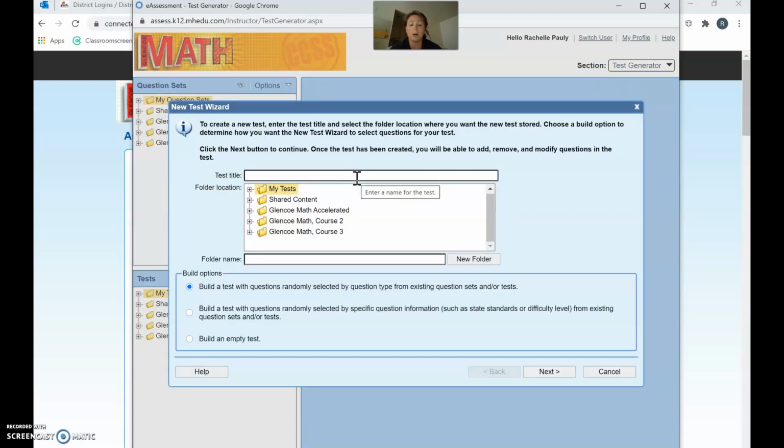Or homework assignment. So this I'm going to label, let's just do 3.3 practice. Now, folder location, this is where it's going to save. And I have found that if you accidentally put it in a different folder, like I did, you can right click them, not in this window, but you can right click them and move them to